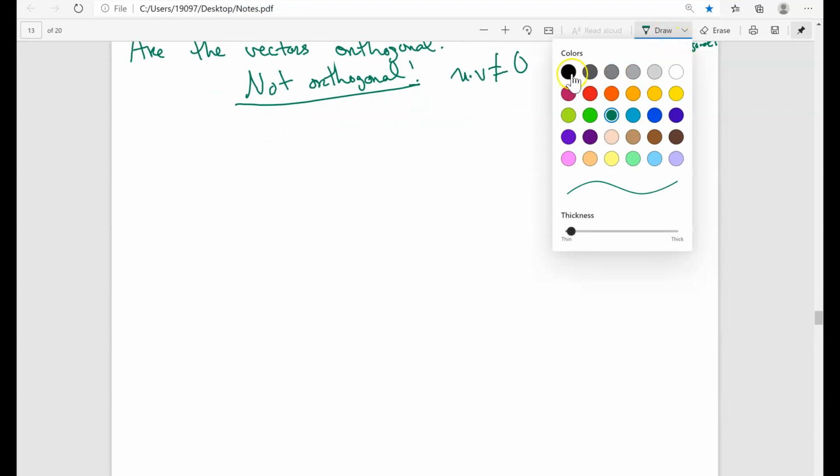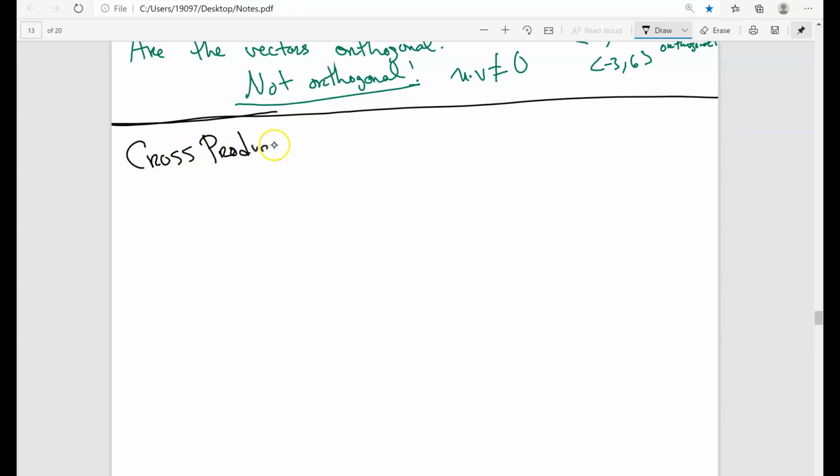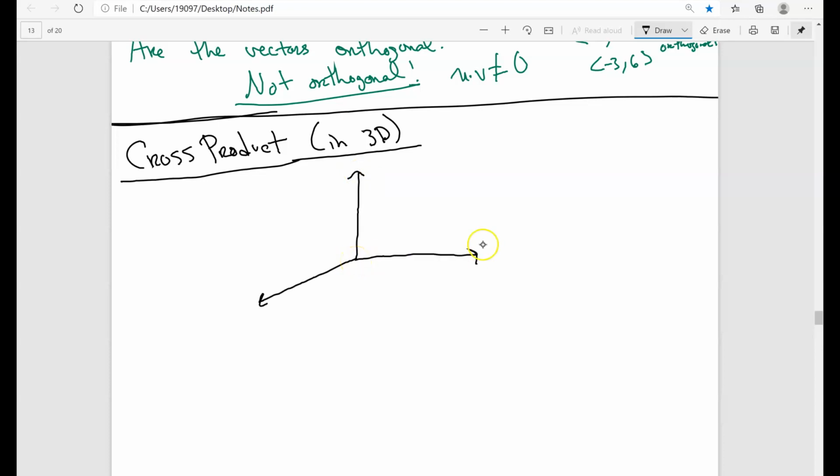The other type of multiplication of two vectors is what we call the cross product. Okay, so the cross product. And the cross product is very particular. So the cross product here, what we're talking about is in 3 dimensions. So in 3 dimensions, I'm only going to give you a little glimpse of what 3 dimensions kind of look like. So basically the plane not only has x and y, but you now have a z